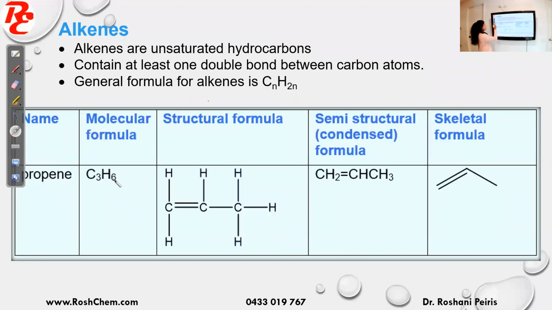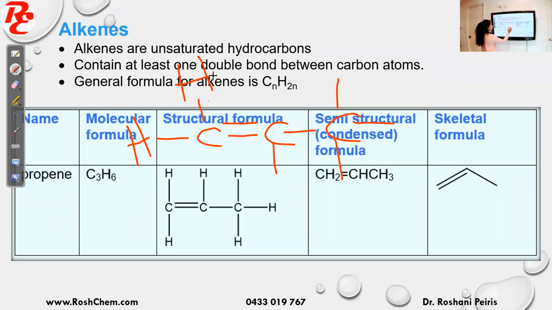So when you draw the structure, first have 3 carbons, then do the double bond. Any end is okay here. So both ends are carbon, like number 1, right? After that, now count 4 bonds. The first carbon has 2, so then 2 more bonds. The second carbon has 3 bonds, so you want 1 more. The third carbon only has 1, therefore you need like that. Okay, so now put the hydrogens. So that is the structure of propene.